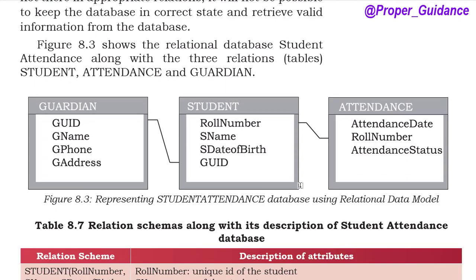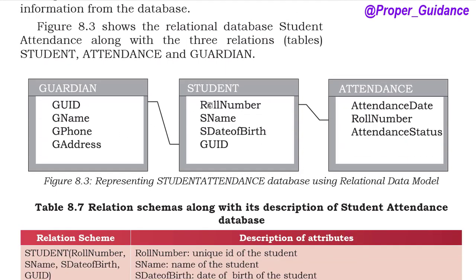Now, look at this picture here. Here are guardian, student, and attendance. In guardian, there are 4 columns, right? GUID, GName, GPhone, and address. Now, in the student table also, there are 4 columns: roll number, student name, student date of birth, and guardian user ID. Now see, guardian UID